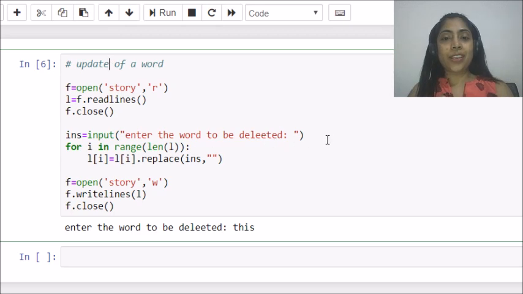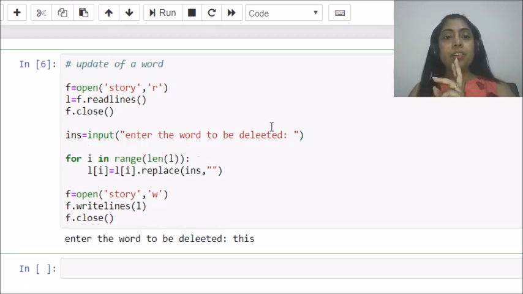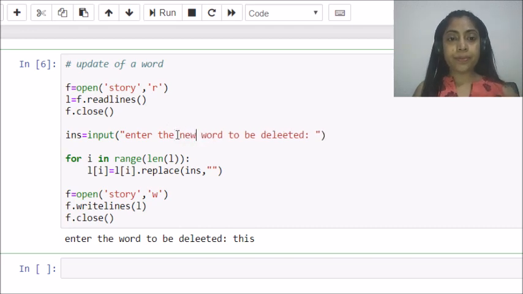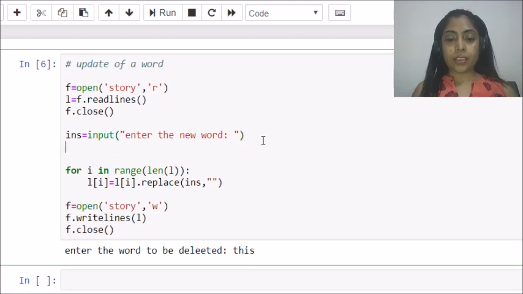So again you need two inputs here. Enter the new word which you want to save in the file, and second is enter the old word which was there in the file which you want to replace, right?